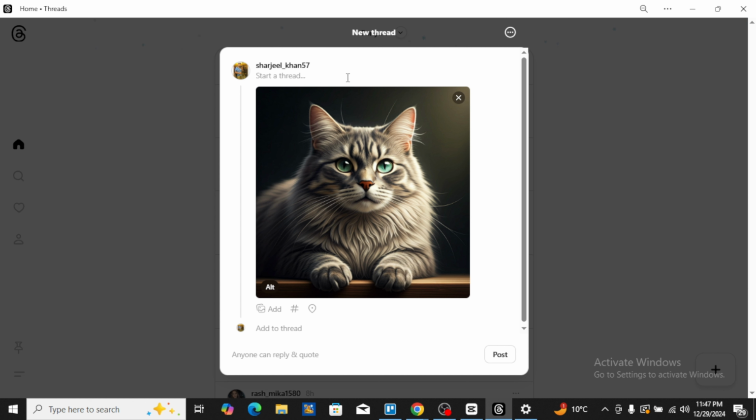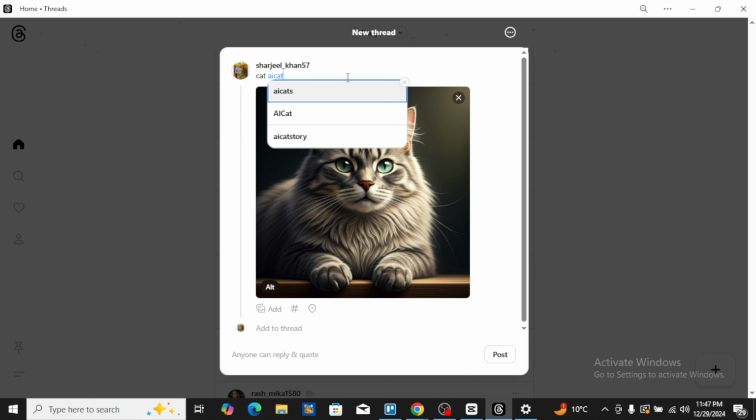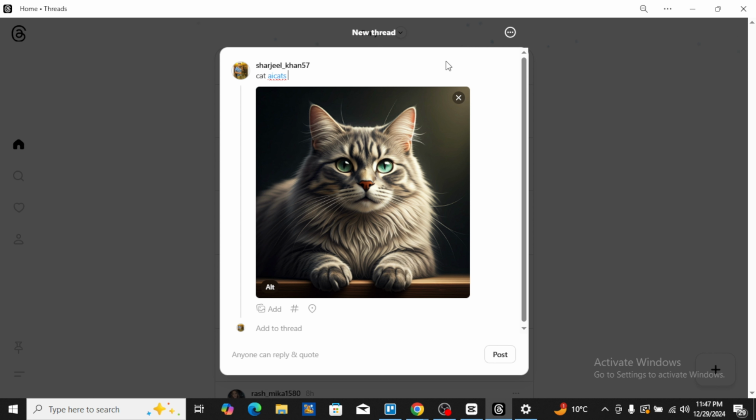So you will just write a caption, any caption, and make sure you don't forget to tag topic tags. So like AI cat. So you will just tap on it, and you will know that I use relevant tags to enhance discoverability